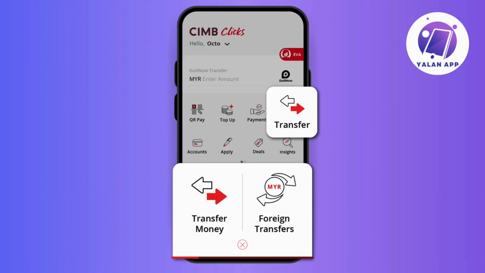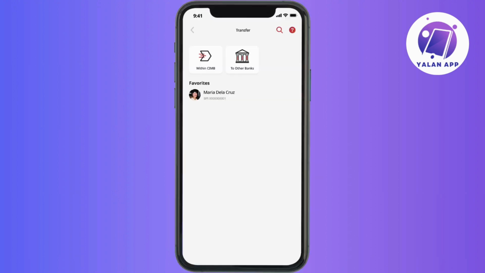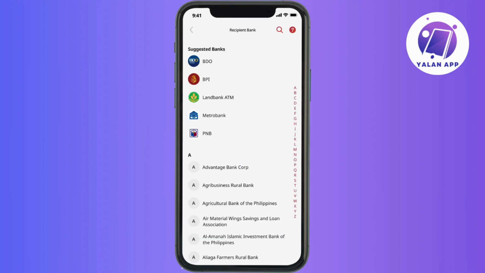Okay, so to initiate a money transfer from CIMB Bank to GCash, begin by launching your CIMB app on your mobile device. Now, once the app is open, navigate to the transfer section, usually located in the main menu or dashboard. Now, specifically choose the transfer to other banks option, and once you've selected the transfer to other banks within